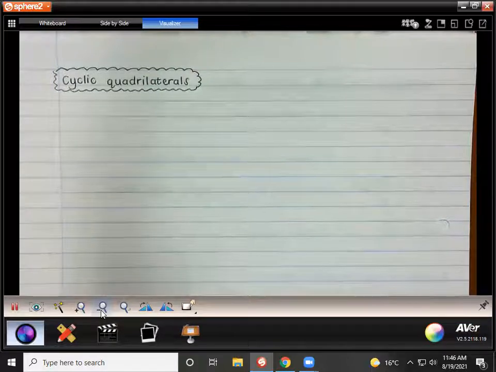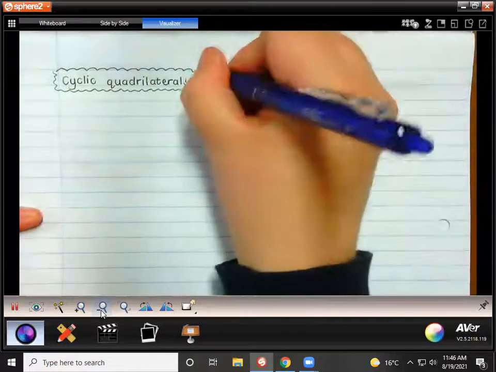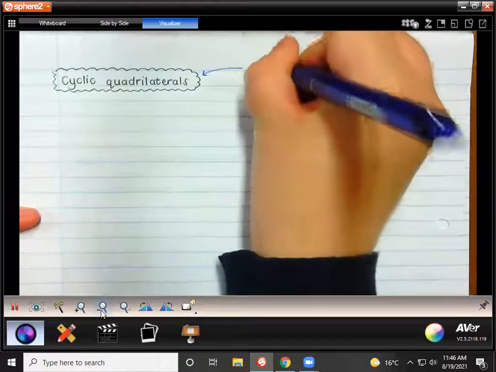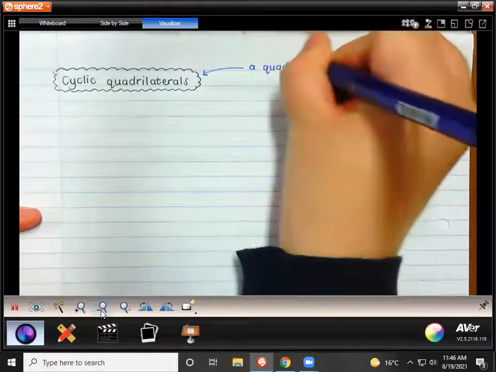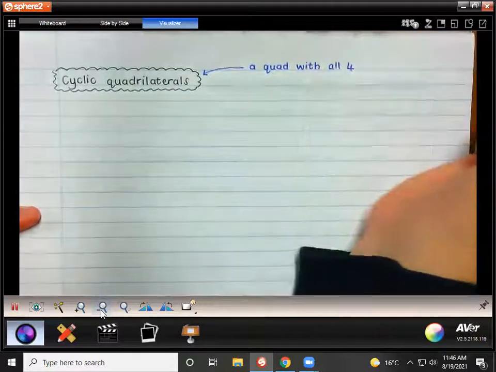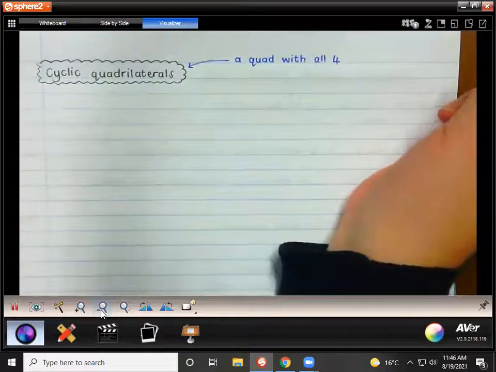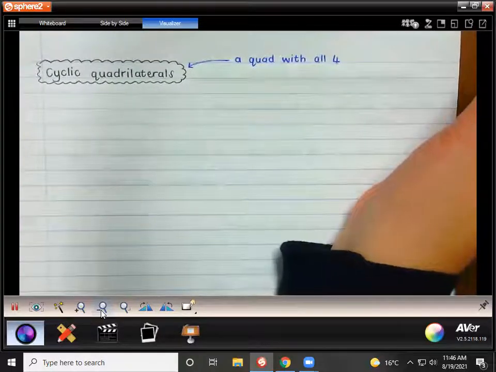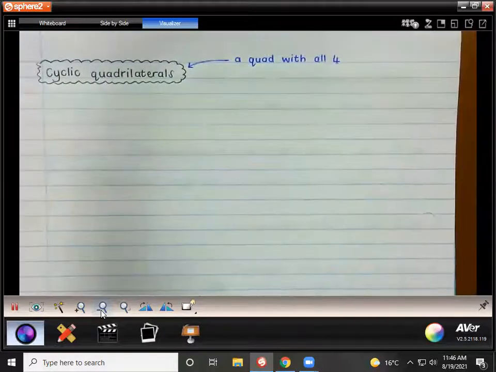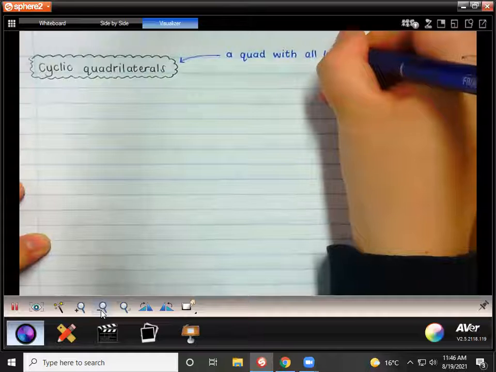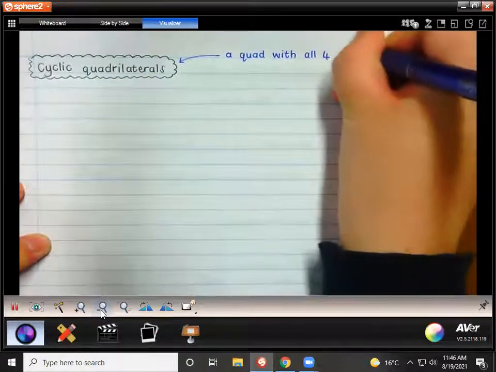Okay, a cyclic quadrilateral is a quad with all 4, because we know a quadrilateral is a shape that has 4 sides and therefore 4 vertices, right? What is a vertex? The point, right? If we're thinking of a triangle, it has 3 points where the sides are meeting. We call those vertices. So a quad with all 4 vertices